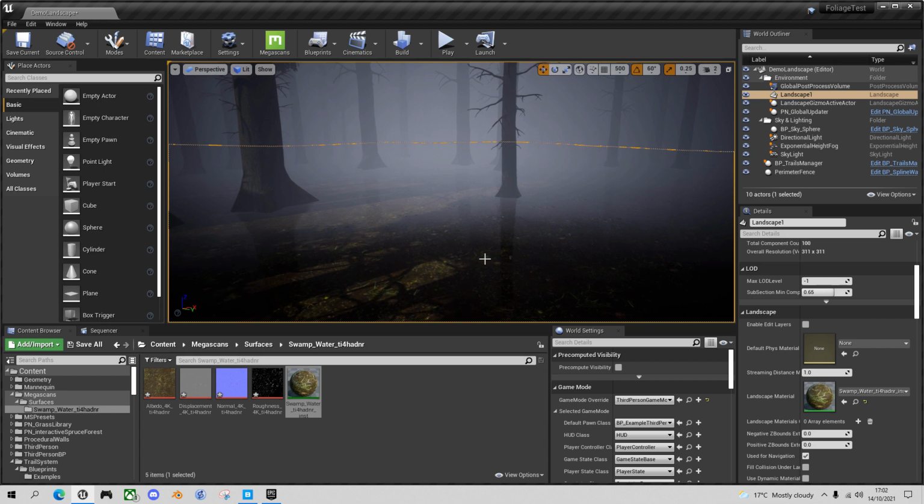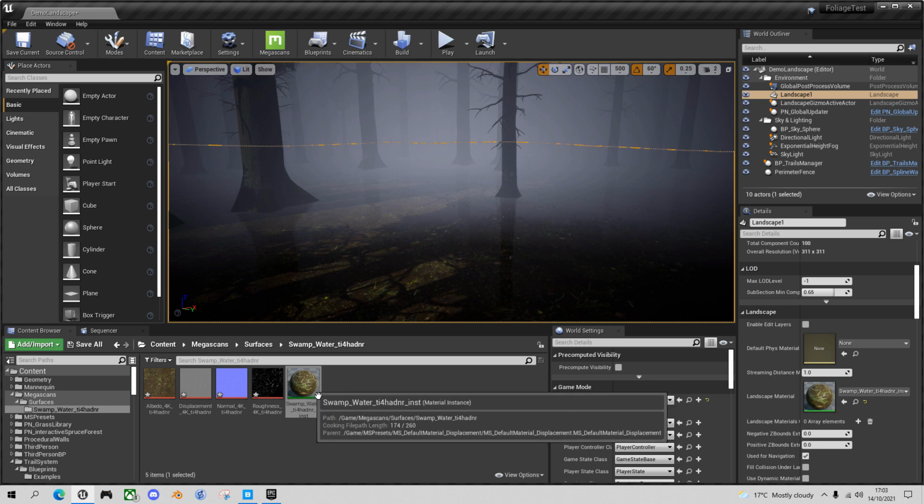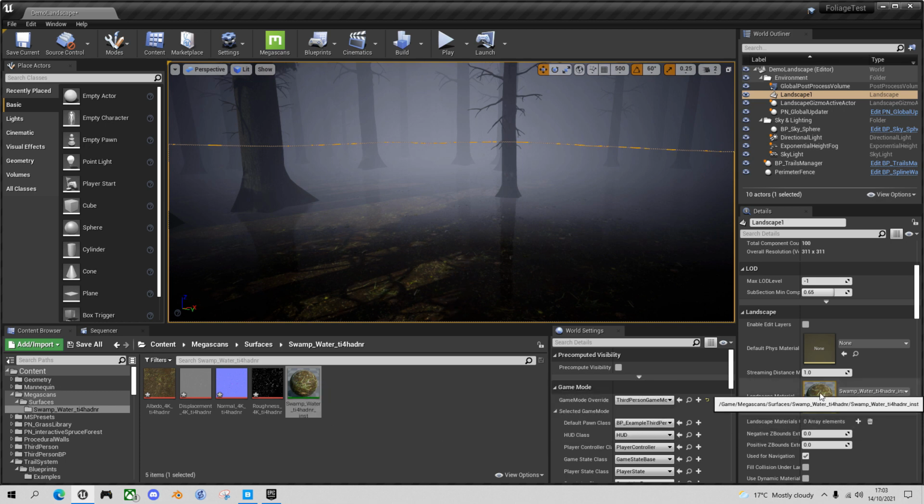What I want to do now is, as I run around, I want to be able to displace it in a similar way to the snow, but I don't want to blend two layers together like snow and dirt. I just want to displace the swampy water downwards to create sort of a footprint, and then maybe having it coming back up as well, which I believe I can do with some of the parameters. So let's decide how we're going to do that. First of all, we need to see how this material is working. So if we look at the swamp water material,